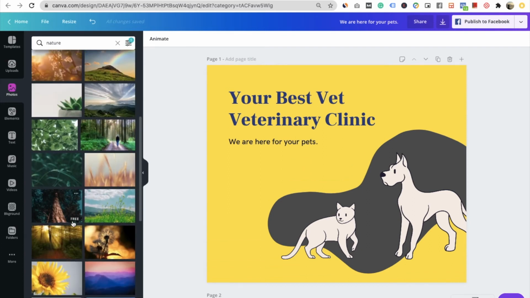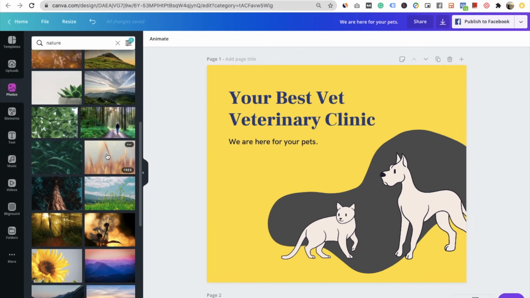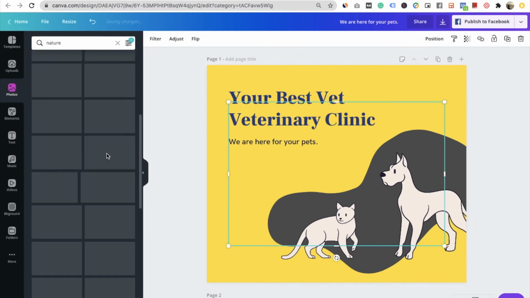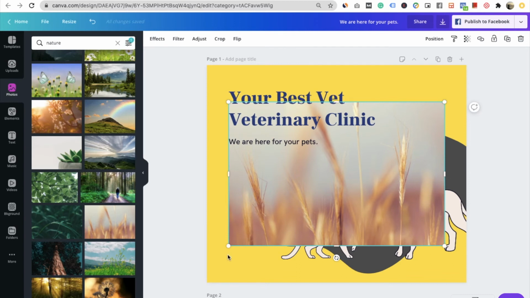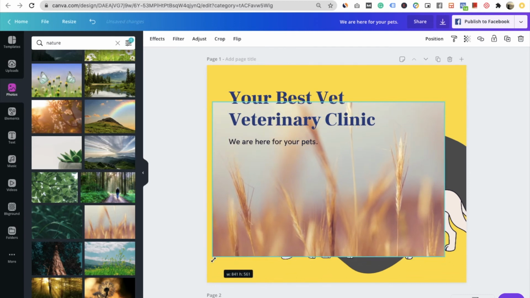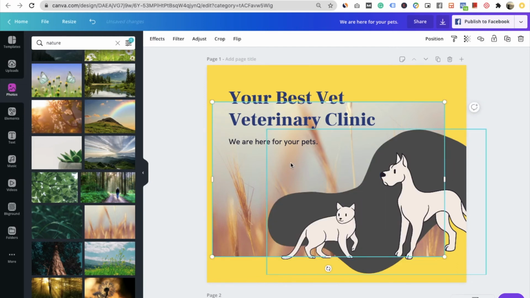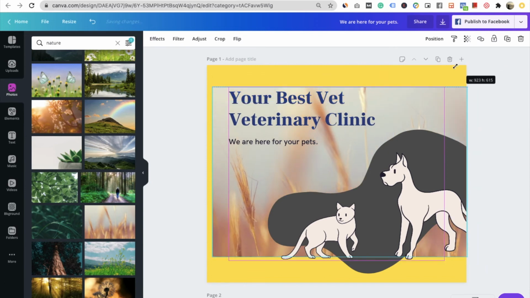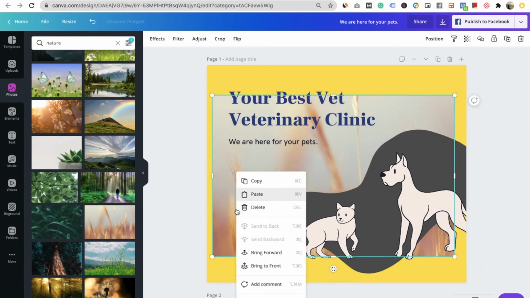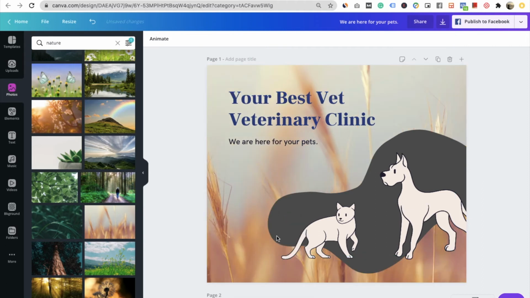Which one would be relevant? Maybe I can try this one. You can click over it, it will appear over here. One option is you just drag it over here. Now it is overriding the dog here. So what you can do is click over the image, send it to back, and you can see it is now at the back. But still it is not on the complete screen, so you can drag it. This is one way of doing it, or just click over it and click over replace background, and this is how it has been replaced here.